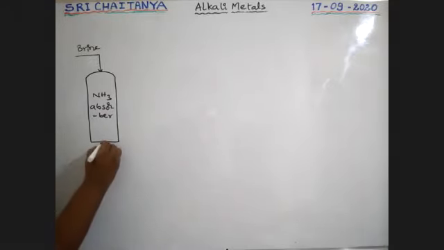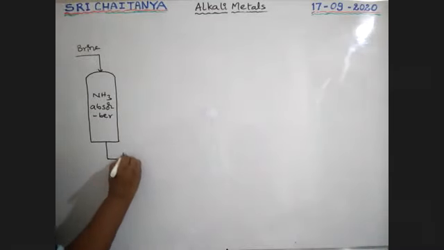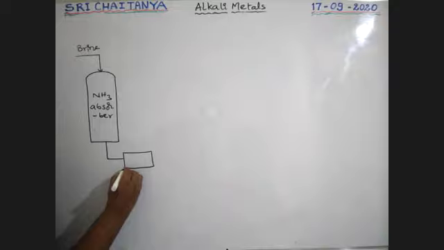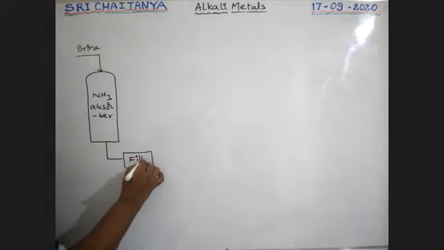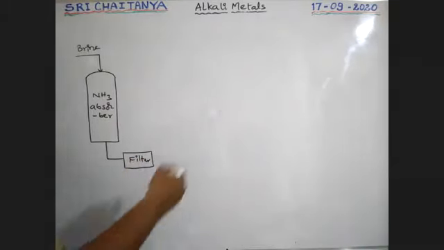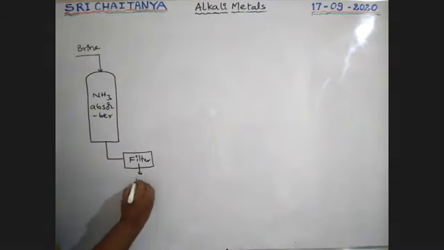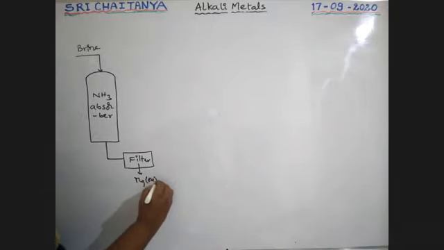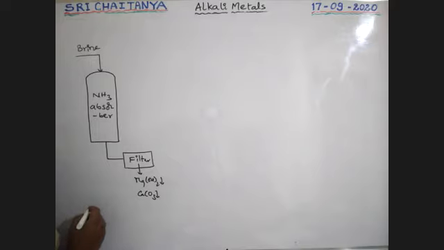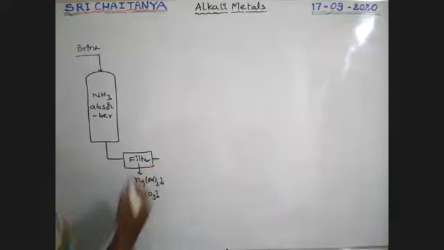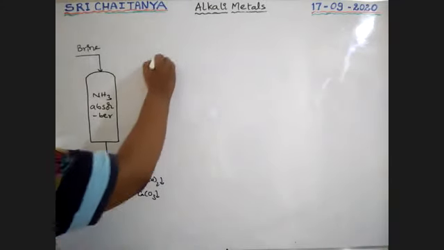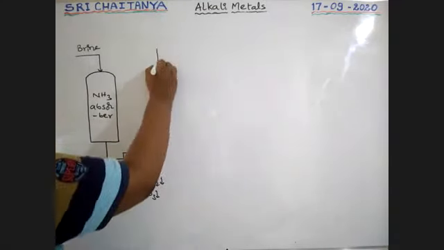Once again, come to the flow. This is first passed into the filters because impurities are there in it. This filter contains those impurity-removing techniques. So magnesium is precipitated as magnesium hydroxide and calcium chloride as calcium carbonate. That means impurities are removed, and we get an almost purified compound.